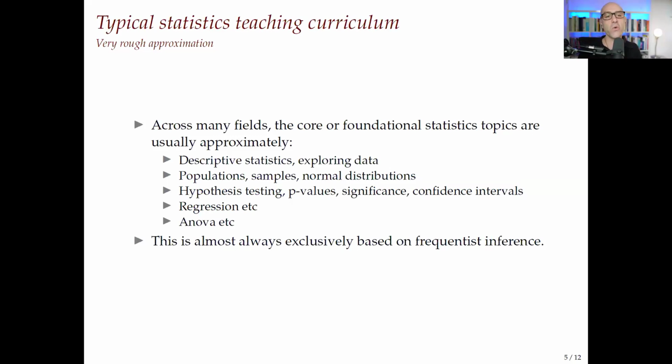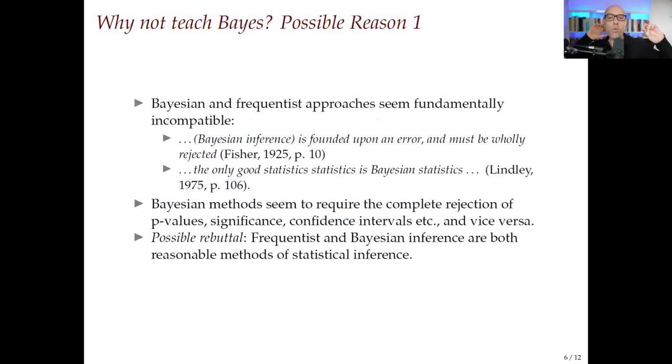arguably. So what I want to do now is just address some possibilities, and these are just thoughts on why Bayesian methods may not be widely used, may not be the norm. Okay, so one is that Bayesian methods and frequentist methods are traditionally presented as mortal enemies, fundamentally incompatible with one another. And there are lots of juicy quotes from people backing up this perspective.